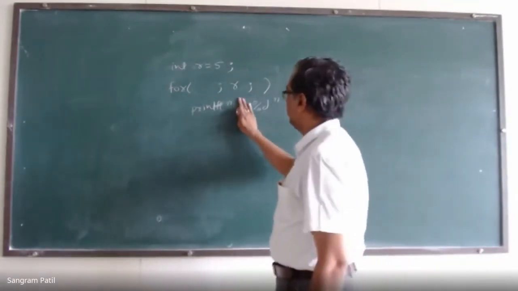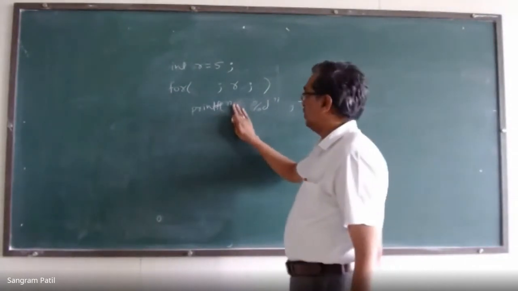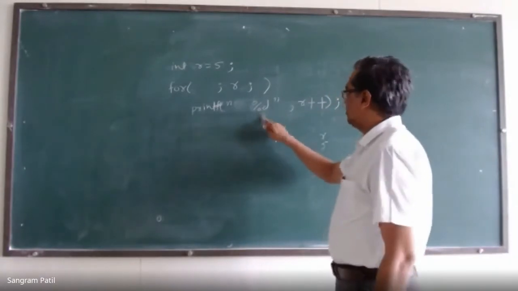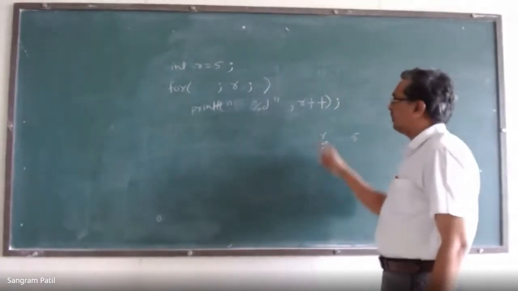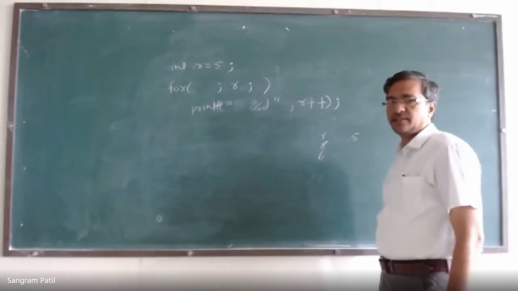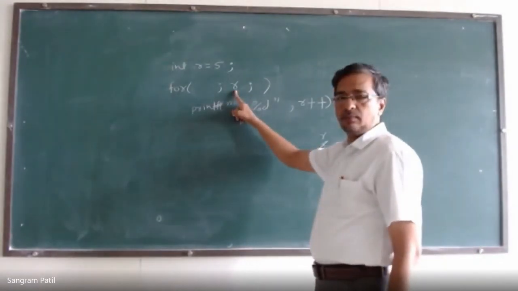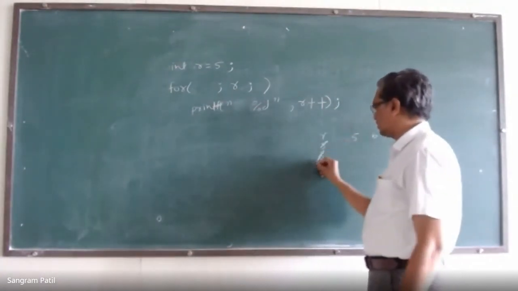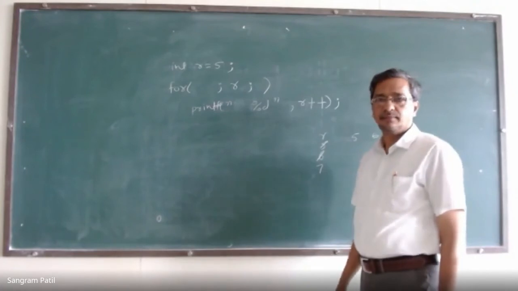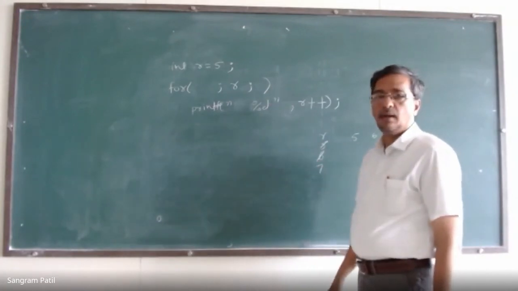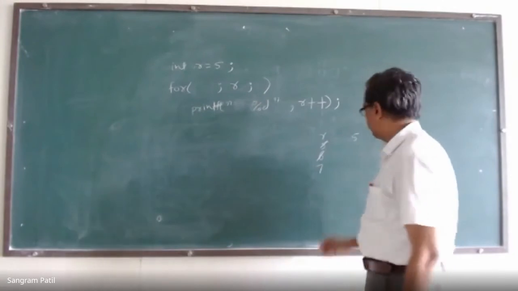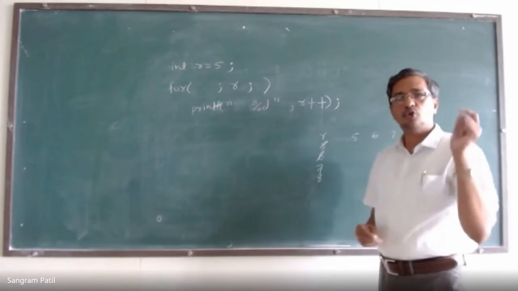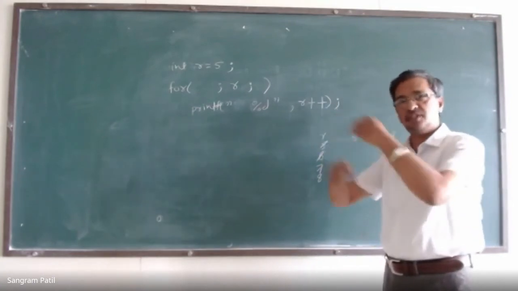Printf. Now while doing this, when you are practicing at home, don't give this /n because otherwise it goes on printing on the same line. Percentage D. So this will print 5. R plus plus, value of R becomes 6. R is 0, no. So this will print 6. R plus plus, it becomes 7. R is non-zero, yes. This will be 7. This will become 8 now. Like this it goes on 9, 10, 11, up to 17.